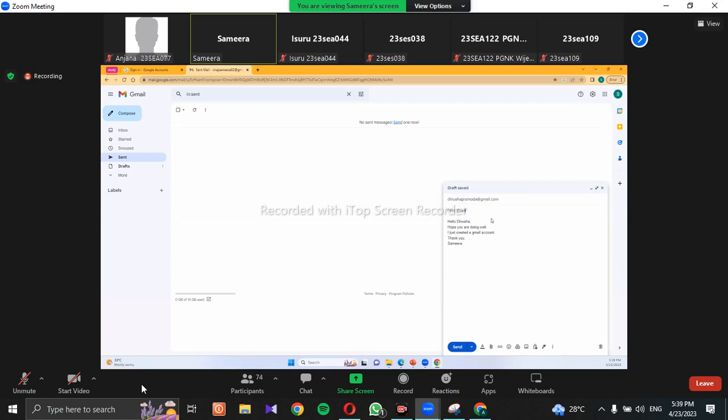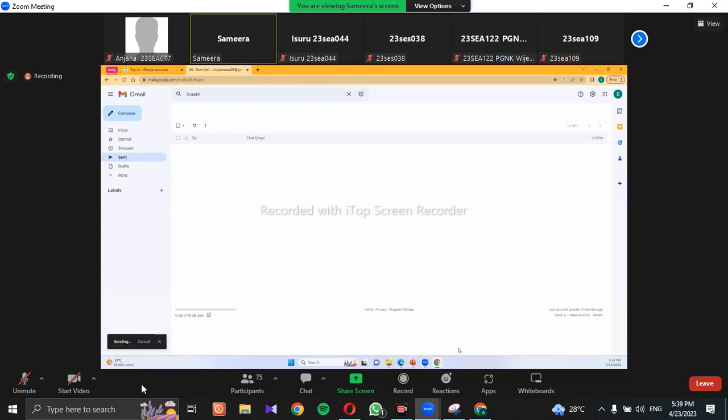friend's address here, right? And I can send this one by clicking on this icon, right? Once I click on that, it will send. So here you can see a message called message sent, view message, right? So after you sent it, you can undo that one. So that means you can't get that one back, right? So,